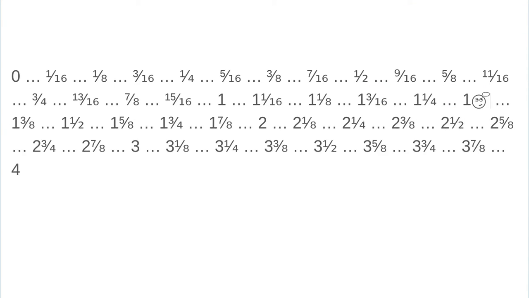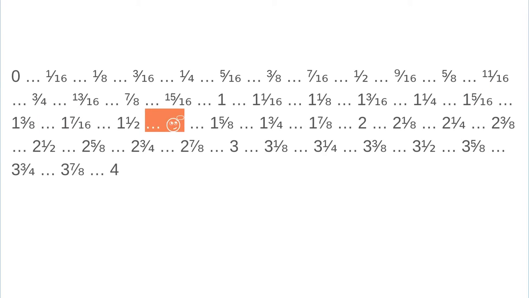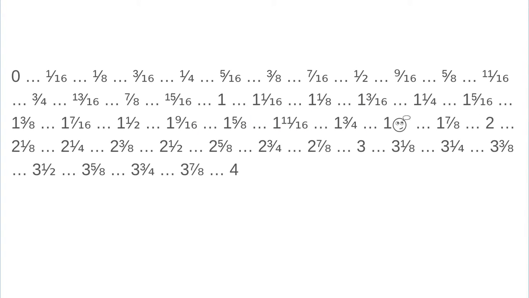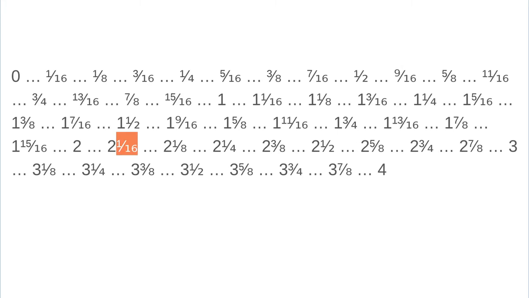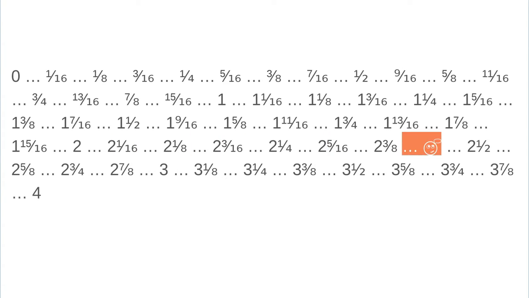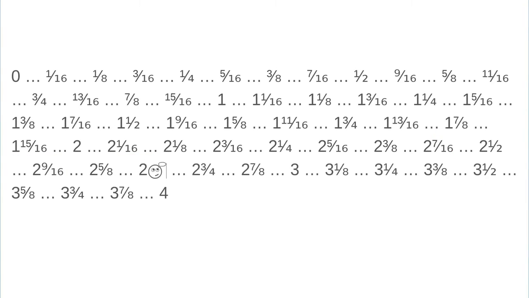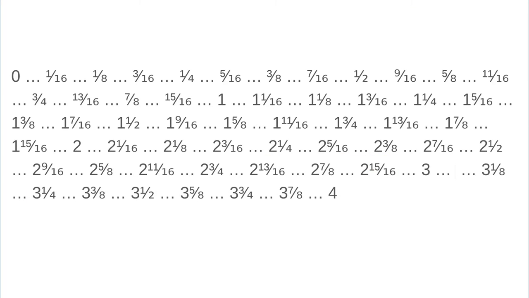We keep going. 1 and 5/16, 1 and 7/16, 1 and 9/16, 1 and 11/16, 1 and 13/16, 1 and 15/16, 2 and 1/16, 2 and 3/16, 2 and 5/16, 2 and 7/16, 2 and 9/16, 2 and 11/16, 2 and 13/16, 2 and 15/16,